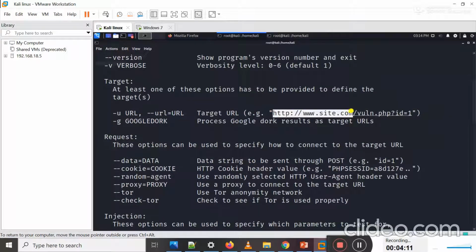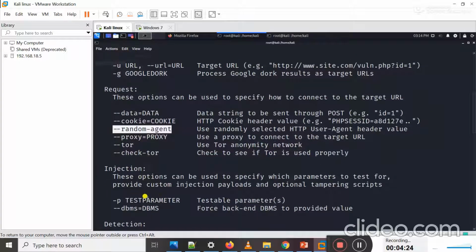In this way you can use the -u switch with a vulnerable URL. The --random-agent switch you can also use if you want a random user agent. Below, if I scroll down, if you want to dump the entire database, you can use this switch to fetch all the detailed information from the entire database.